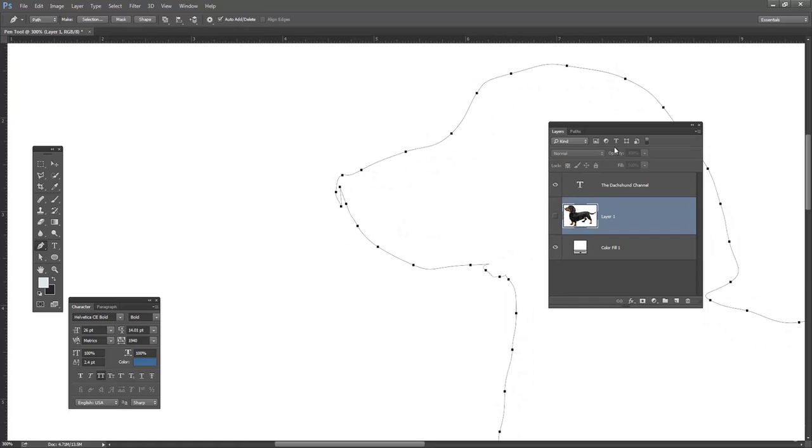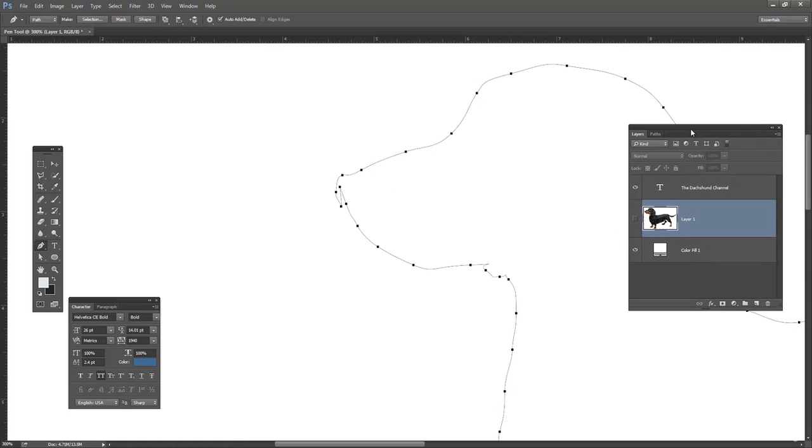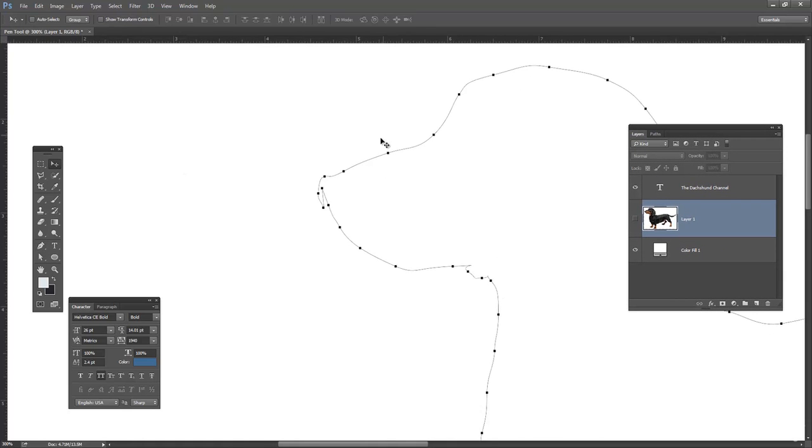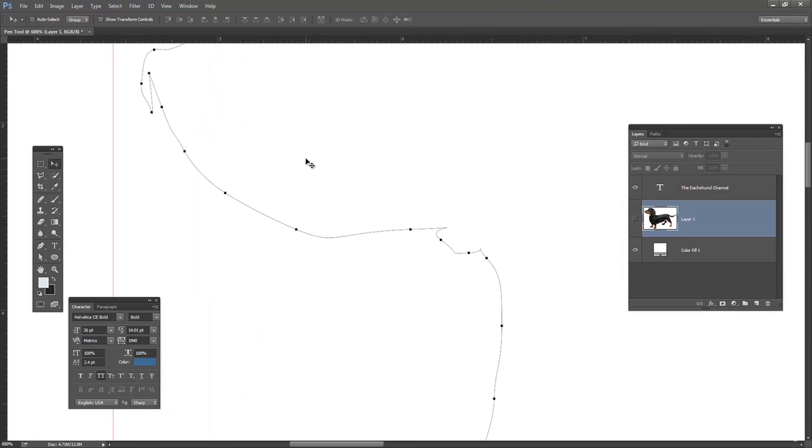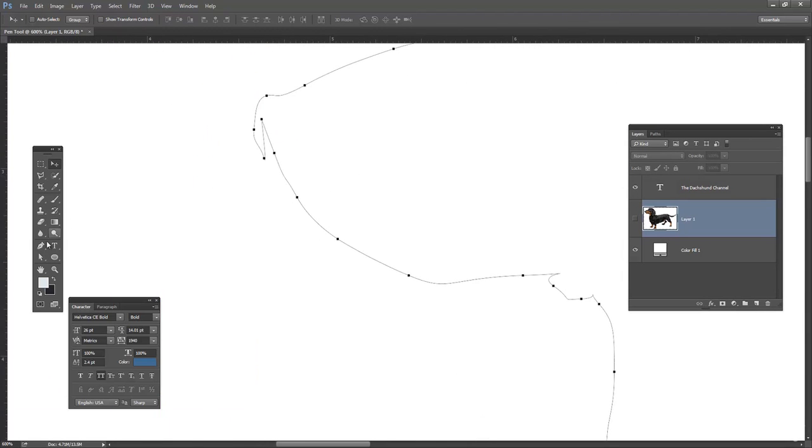I'm going to turn off the eyeball and hit the selection key. Oops, I screwed up the nose a little bit. So Control plus, let's just go in there and fix that. I'm going to grab this point and just move it down here. Move it all down here, move it down here. Actually, we can just,